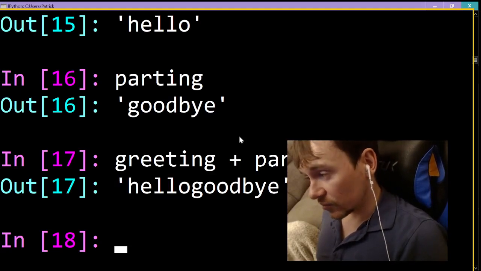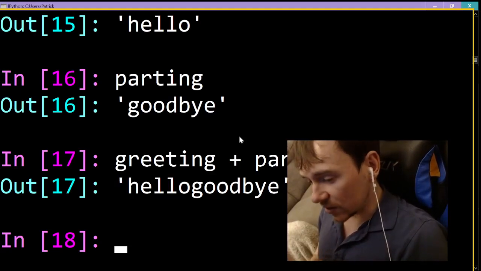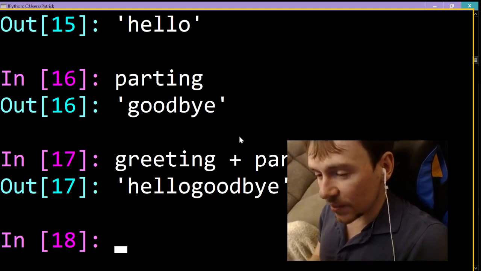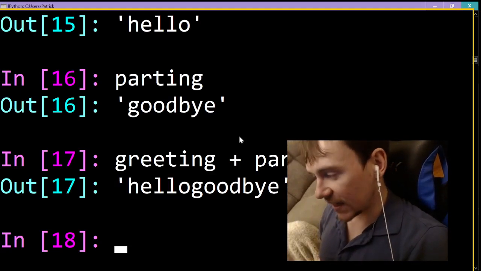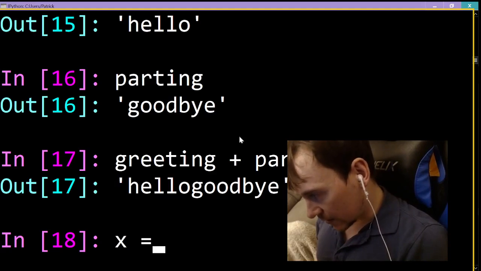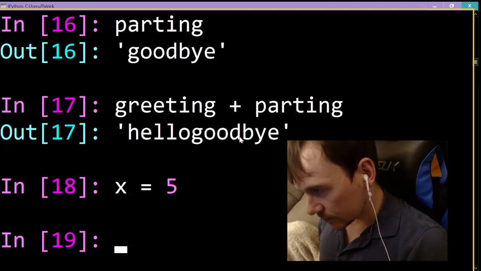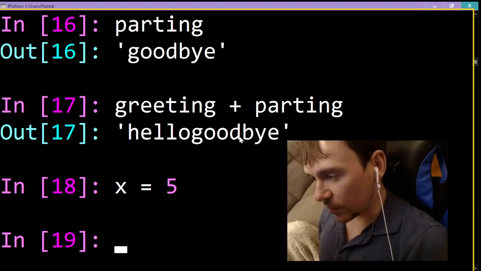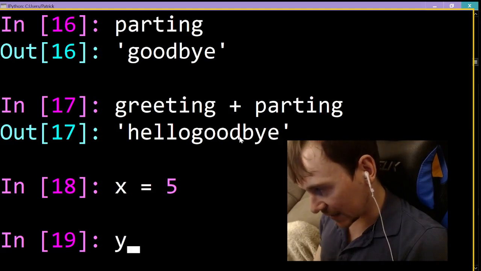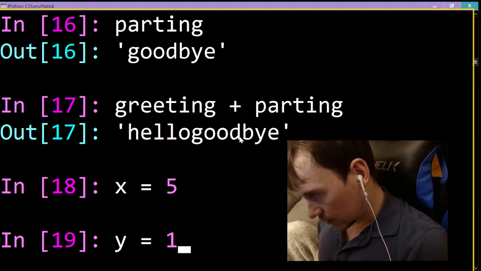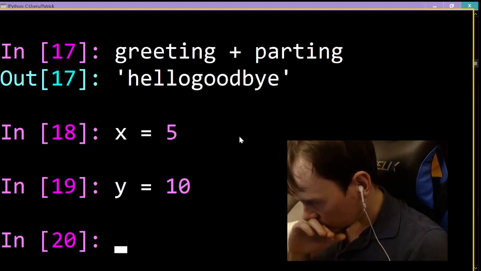So variables, and of course they don't need to be full words, so you can totally say x equals 5. In[19]: and there's no output, right? Remember, when we assign a variable, there's no output. And then we could say y equals 10. In[20]: